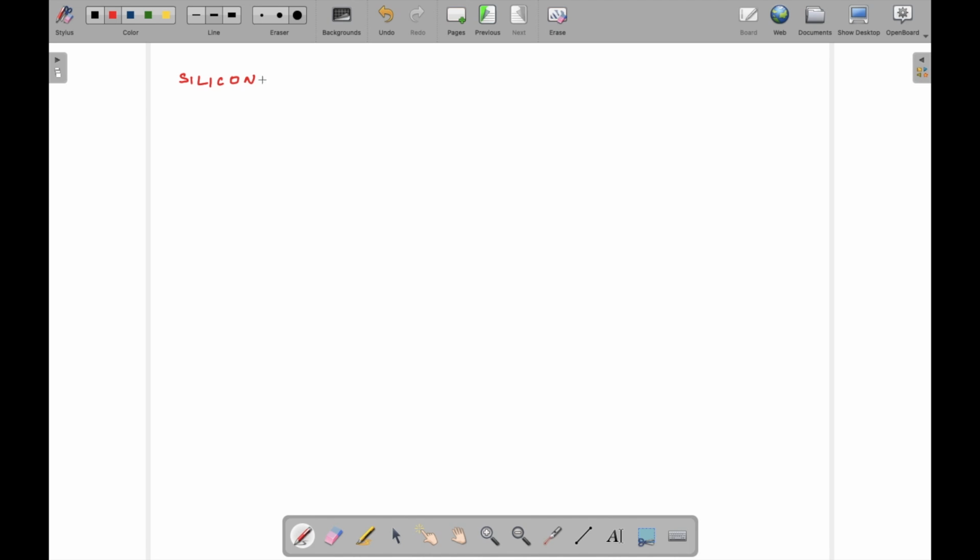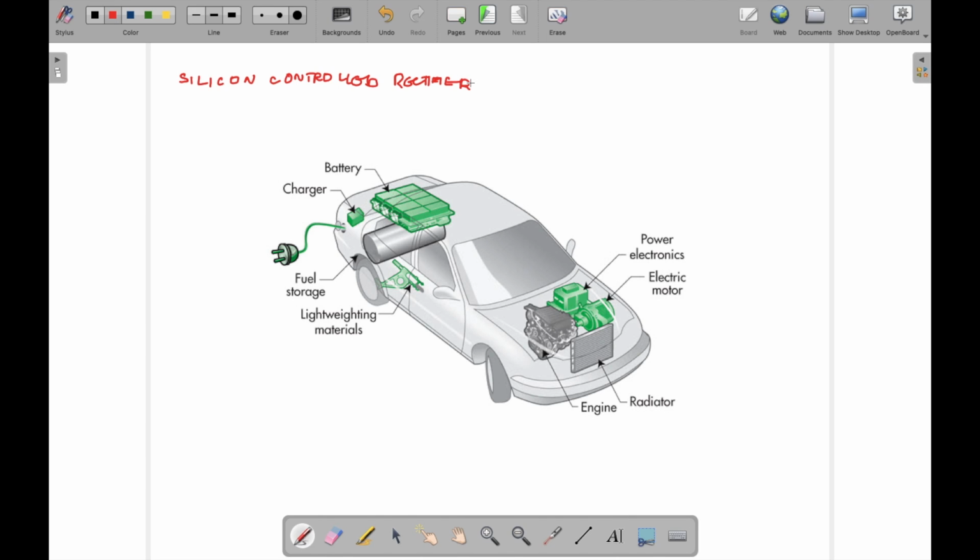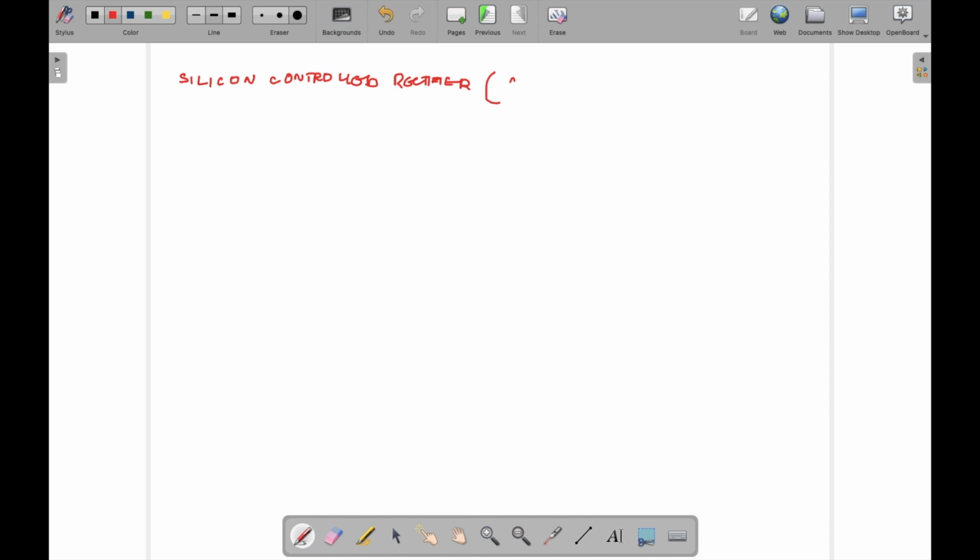Silicon Controlled Rectifier is one of the most commonly used switches in various applications. When you talk about power electronics, we know that these are very small electronic devices which are used for controlling bigger power system circuits. That is the beauty of power electronics, where small circuits can control high voltage, high current systems. So the silicon controlled rectifier is one such element, used to control a power system based device.